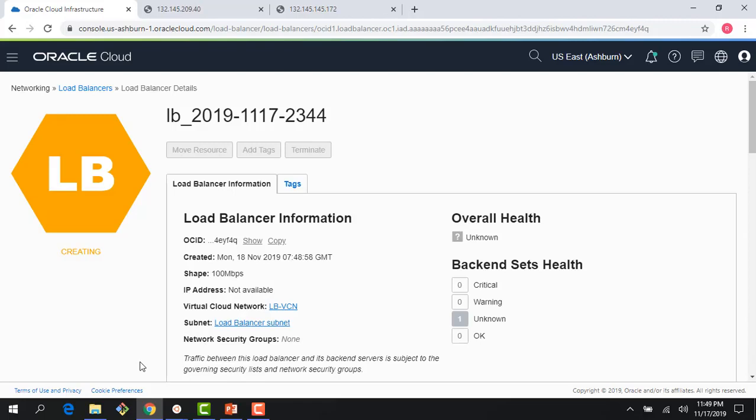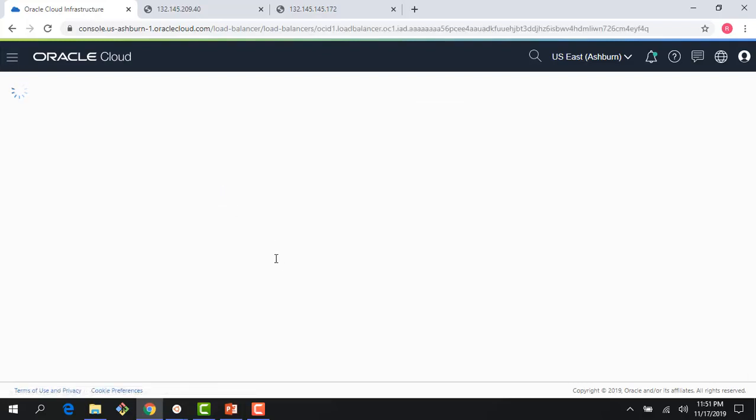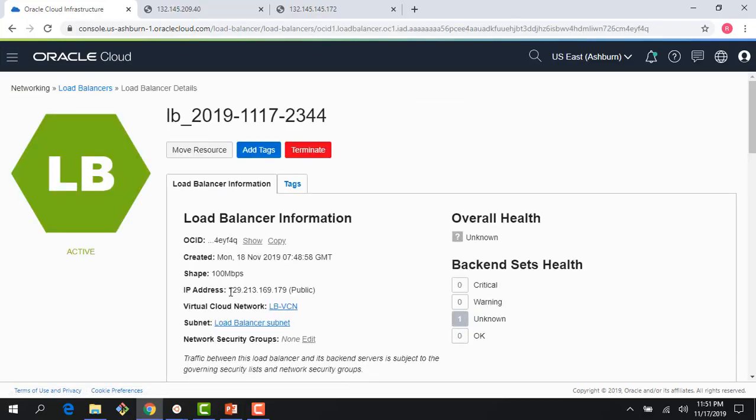So let me just pause the video here for 15 seconds, and the load balancer will come up and will use the public IP address. All right, so it looks like my load balancer is up and running, and I can click here and see the public IP address. It's available, right? So if I go ahead and bring this up in my browser,